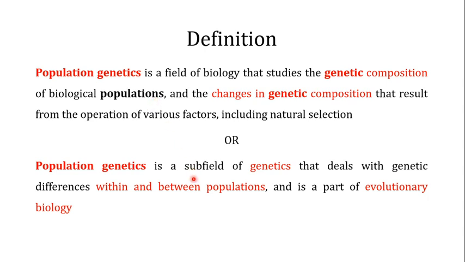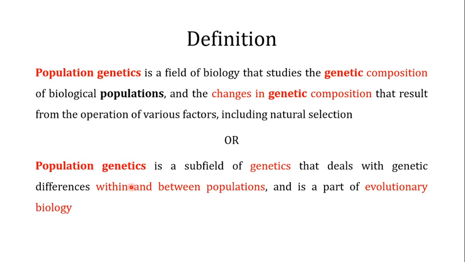Another way you can define population genetics is that it is a subfield of genetics. As I've told you, in genetics we usually focus on the individual, but population genetics, which is a subfield of genetics, deals with genetic differences within and between populations. For example, if you are talking about the population of a city, that means you are dealing with genetic differences